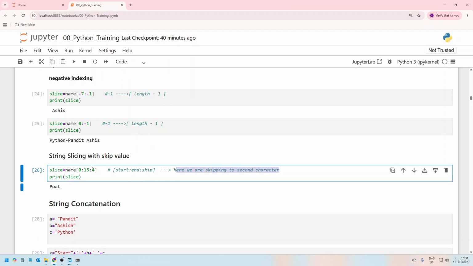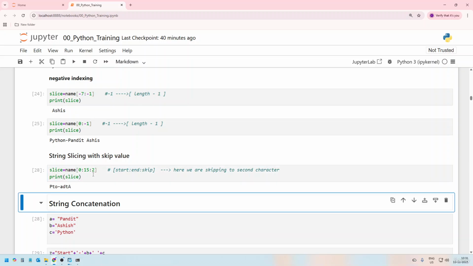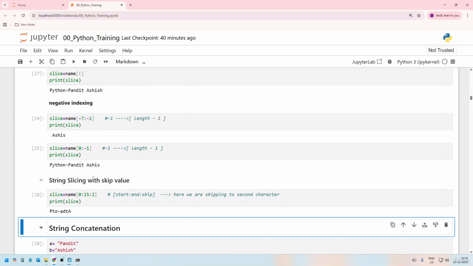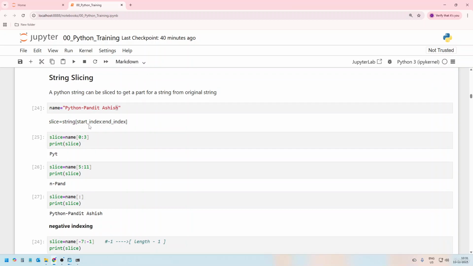So as we can see, we can skip 0 to 15 and every fourth character, or let's say every second character. Let's say I want to write every second character, and if I am running this, so as you can see, P 0 to 15 it will calculate everything. So let me run the slice again,